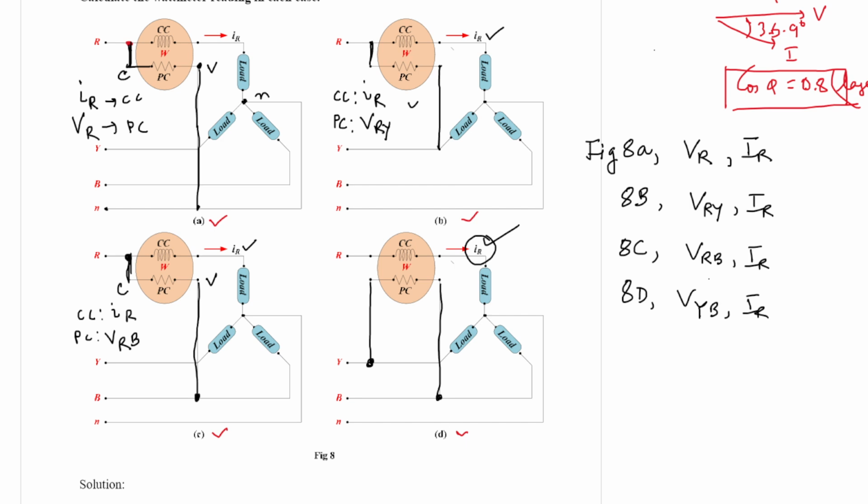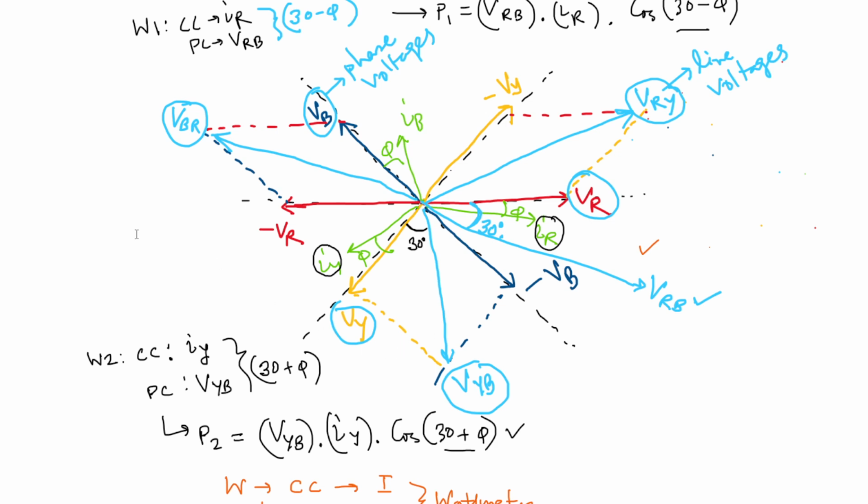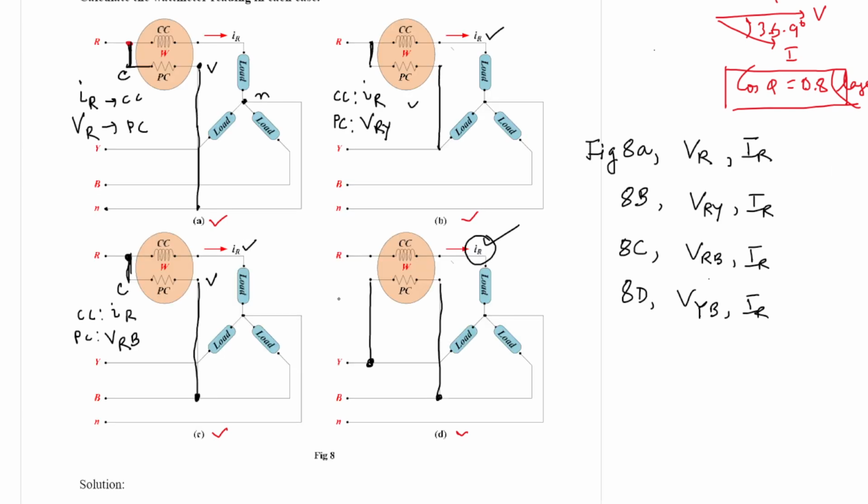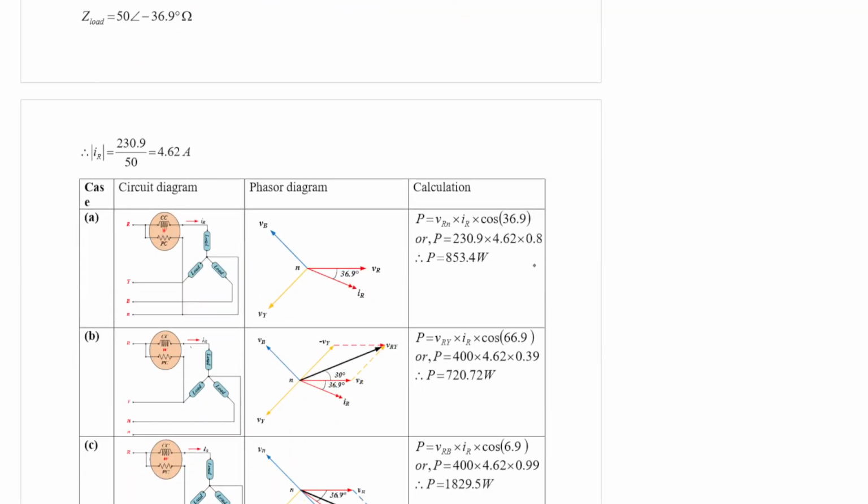If you go back to the previous diagram, you see for the first case, the voltage measured was VR and the current was IR, and the angle between them is 36.9 degrees, because phi was 36.9. So if you consider this phasor diagram,